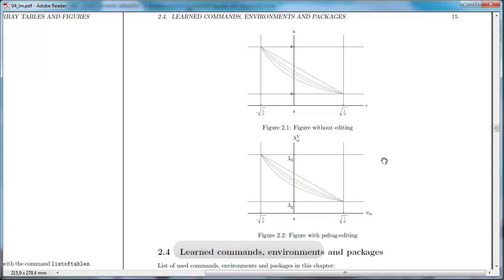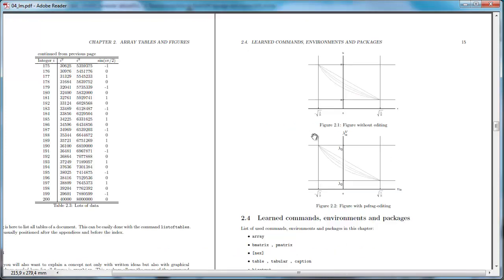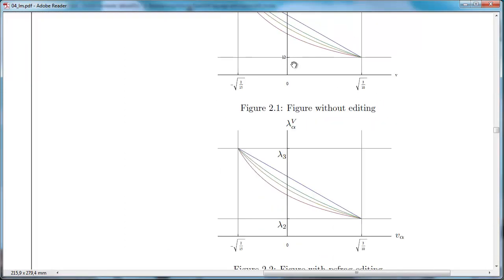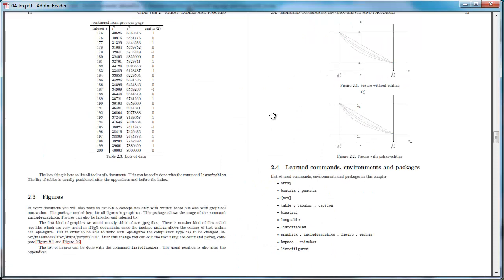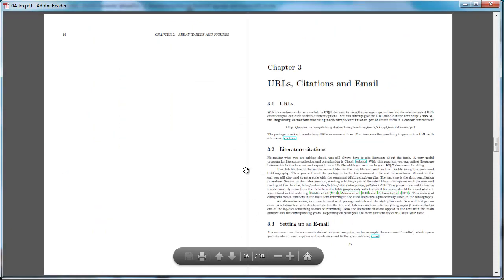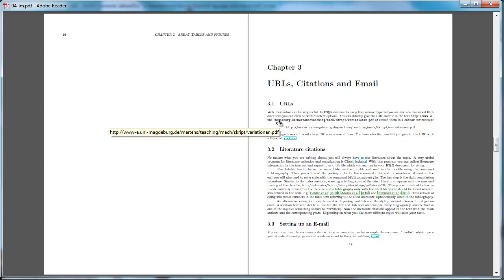So that's actually a very useful feature in order to have a uniform text within the entire document, because these fonts are something else that I am going to use in the actual LaTeX document. There's the list of the commands that are going to be introduced, and in the third video I am going to show you how to create URLs you can click on and your web browser will be opened,